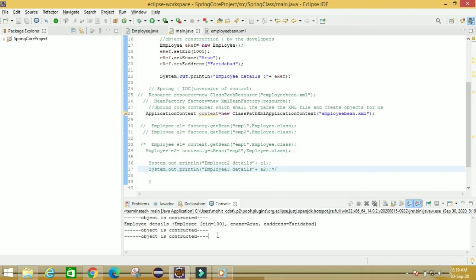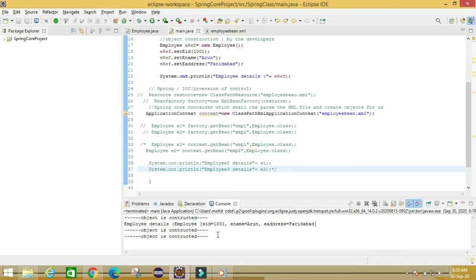So in this way we have talked about two types of IOC container. One is Bean Factory and another is application context. In Bean Factory, the object is constructed only if we request it, and in application context the object gets constructed even if we do not request it.